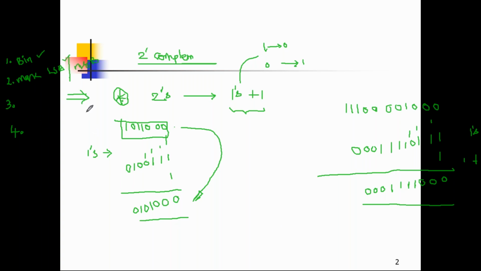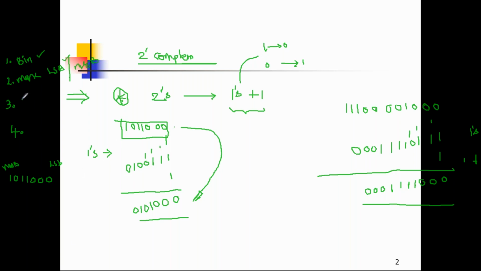Okay. For the example of this procedure, I'm going to take the same example: 1, 0, 1, 1, 0, 0, 0. Please listen carefully, because by using this, many problems in the first unit can be solved. So according to the steps, the very first step is to take the given binary as it is. So this is the given binary. Then mark LSB and MSB. This is the LSB. This is the MSB.